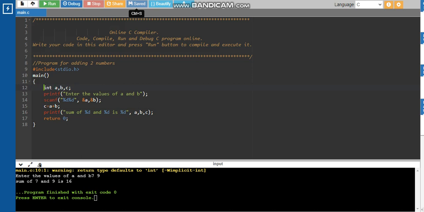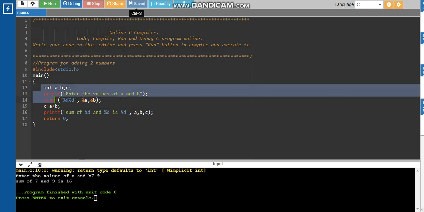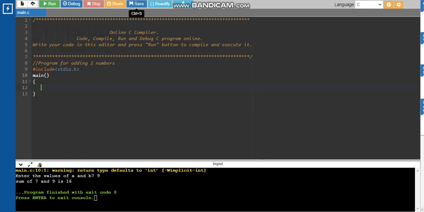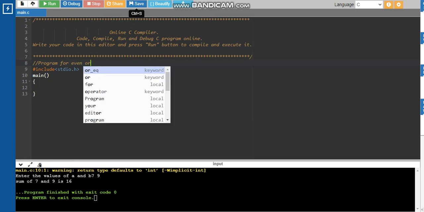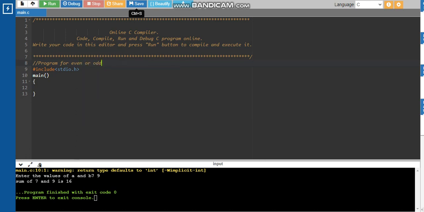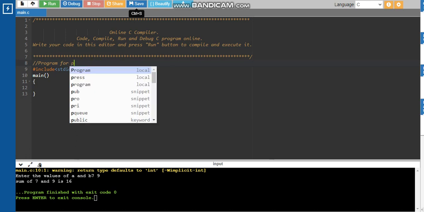Saved. Let us write another program for checking whether the given number is even or odd. Or let us take a simpler one: whether the given number is positive or negative.